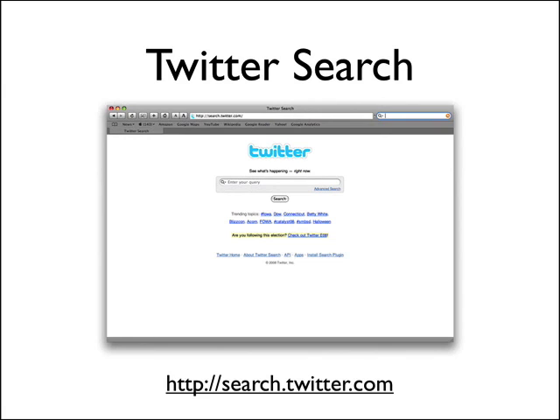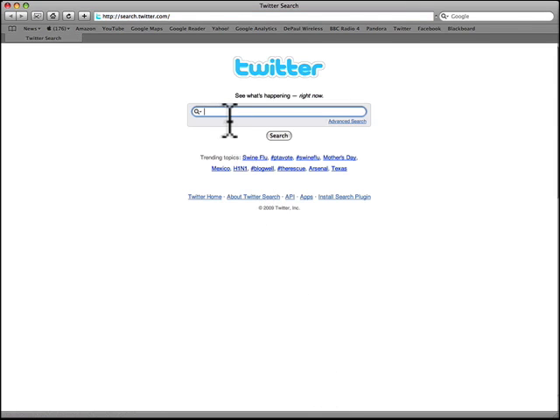Twitter has a basic search engine that they purchased a couple of years ago. This was formerly known as Summize, and this was a company that they acquired in 2008 for $15 million in cash and stock. The Twitter search engine is a great way to get an idea of what people are talking about and thinking. So again, let me jump out of what I'm doing here and go into the Twitter search engine. If I type in DePaul,